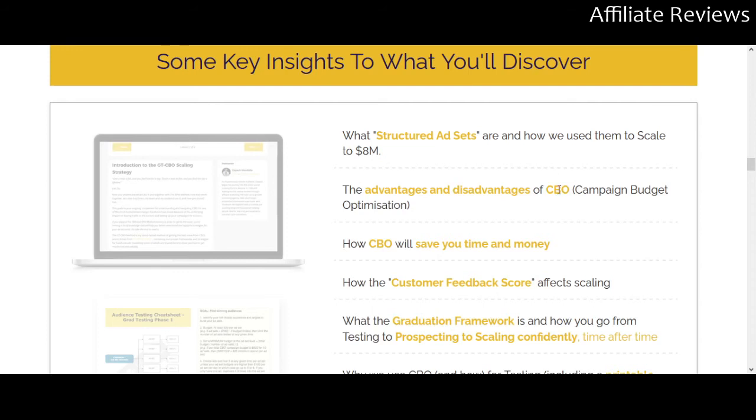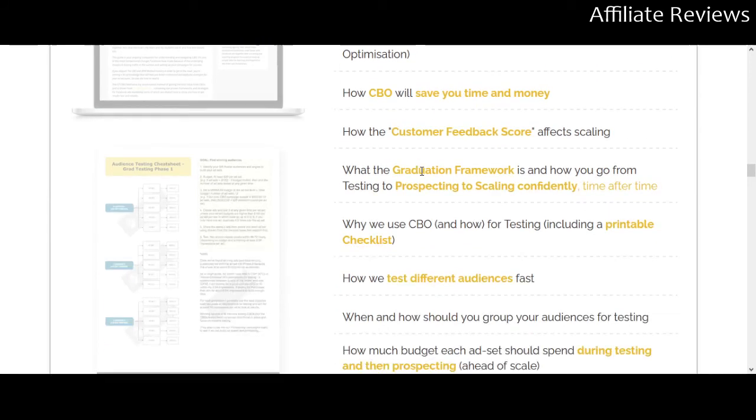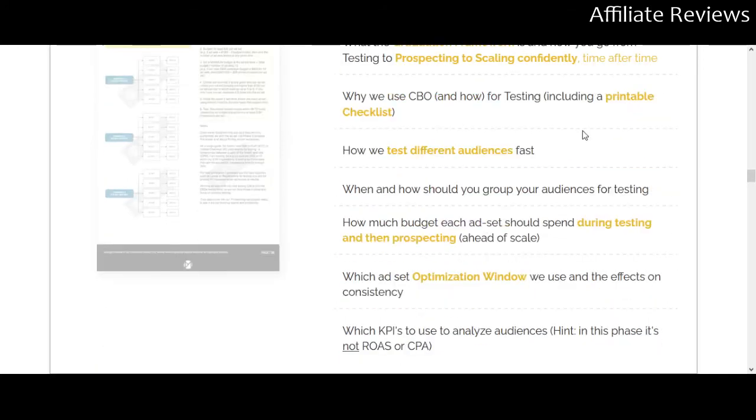Advantages and disadvantages of campaign budget optimization. How campaign budget optimization will save you time and money, how the customer feedback score affects scaling, what the graduation framework is, and how you go from testing to prospecting to scaling confidently time after time, why we use CBO